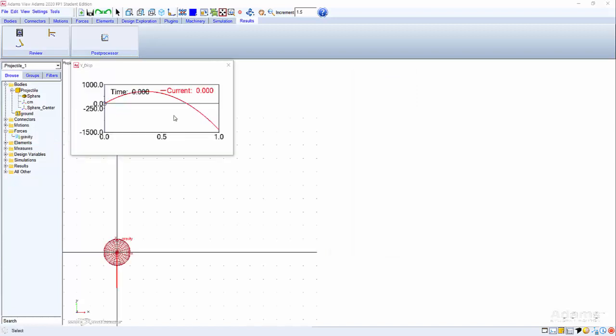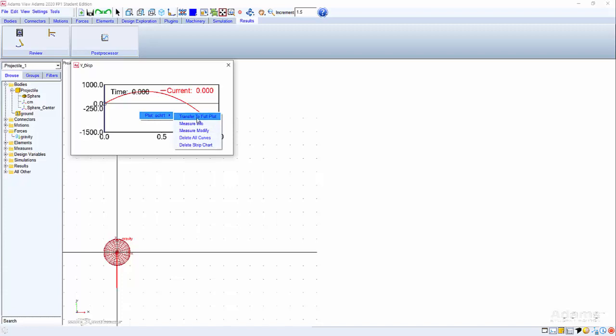So now assume we have this measure and we have created a good measure, and we would like to have this measure in the extended plot so we can have more control over the measure and display the graphics in a way that we can send it to other reports. If you would like to send a measure to the extended plot, you can first highlight the measure and then right click. As you can see, this menu